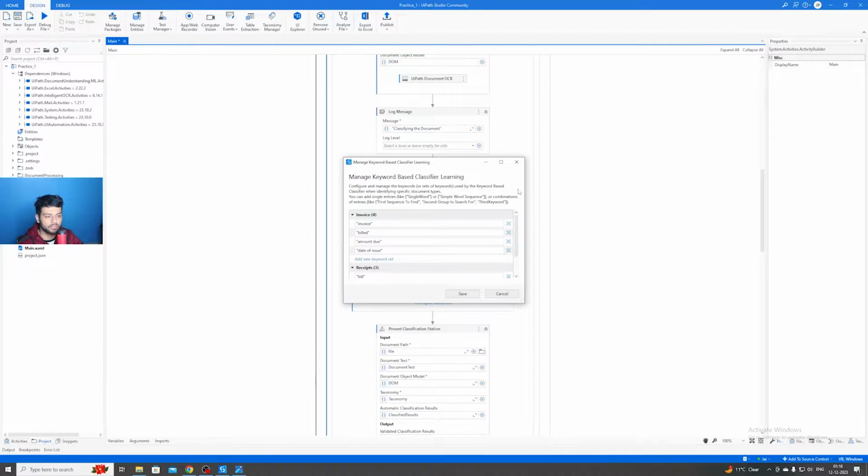Let's go to manage learning, and over here let's just quickly delete this. Okay, add a new keyword set. Let's first use bill. And as you remember guys, I already told that this will automatically be converted into lowercase, right? So it doesn't matter if you write in uppercase or lowercase, it will automatically be converted into lowercase. This is the format of the keyword based classifier, right? Add a new keyword set. So let's go with bill